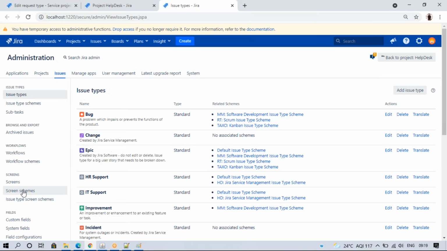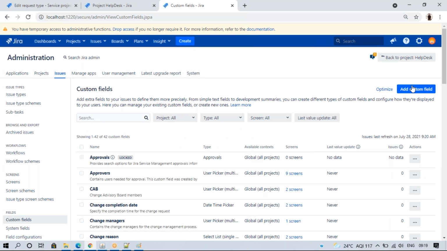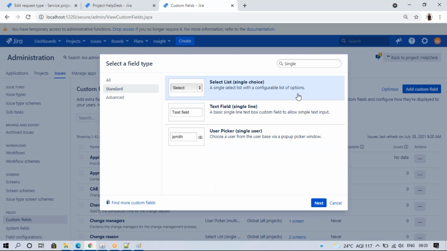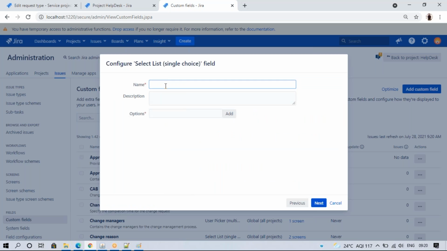I'll create a custom field. Add custom field. Maybe it's a single list. Select it, and I want working from.